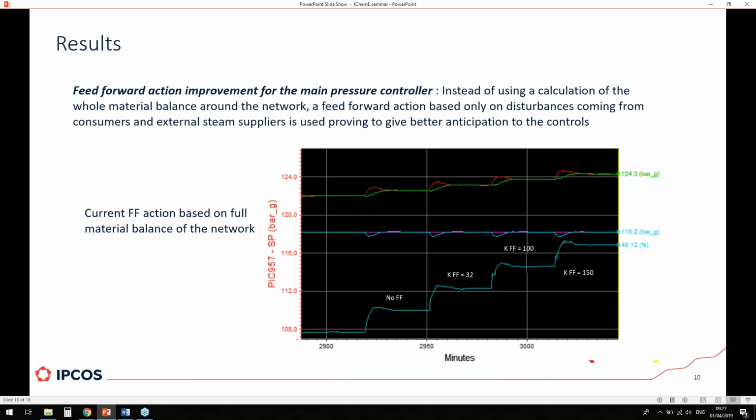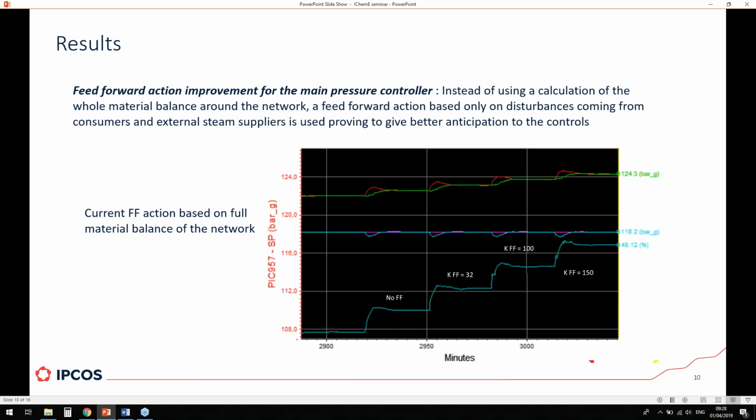the action in the sense that since the feed-forward action is using both all the suppliers and all the consumers of steam, then part of the feedback control was actually inside the feed-forward action. Let me explain this. The effect of the pressure control is to change the amount of steam produced by each one of the boilers. If that steam produced by the boilers is part of the feed-forward calculation, basically you're looking at yourself to make